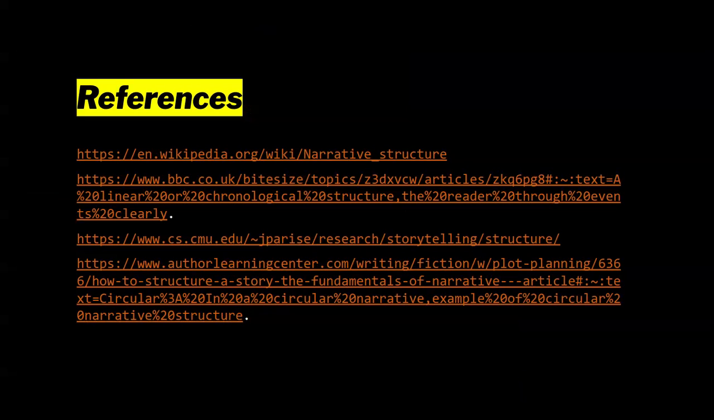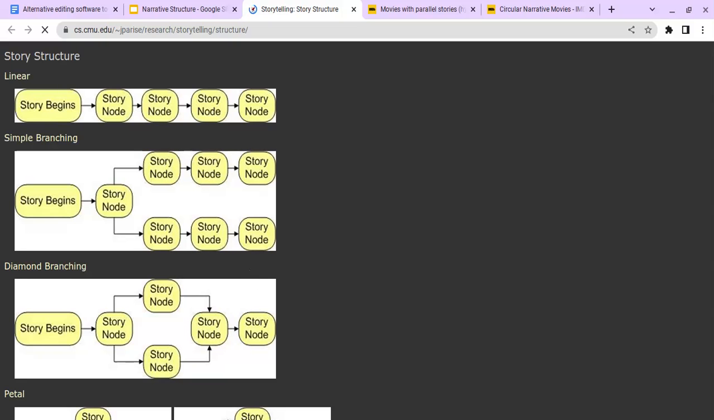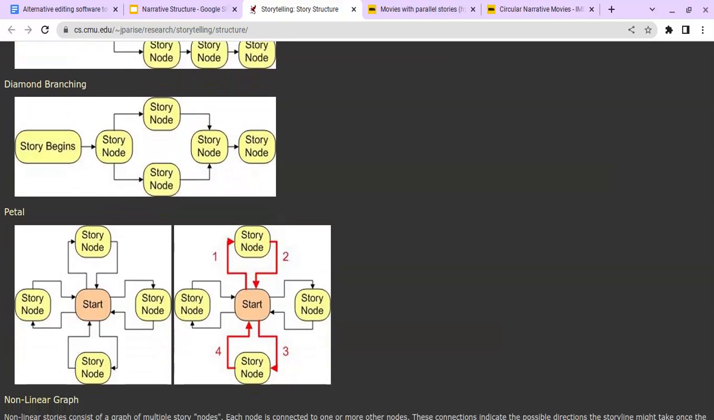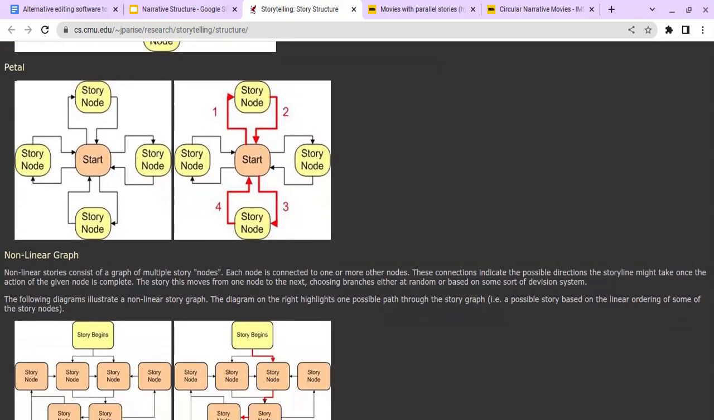And here are the references for the websites that I used. I think the third reference is very important because it shows different diagrams here and there. So you can see these story nodes. And I've used some of these images to show simple branching for the linear narrative. There's diamond branching, which sometimes goes round, but then leads back to the next part. And there's the petal one,